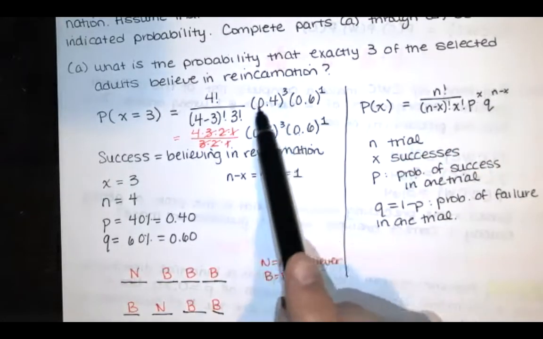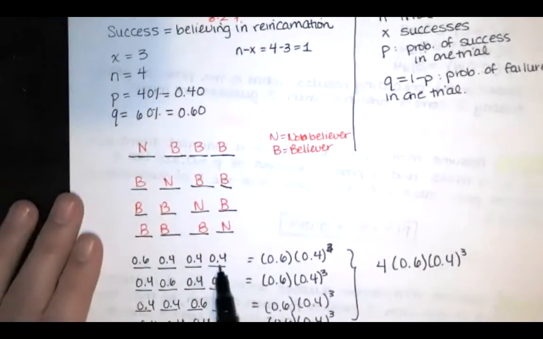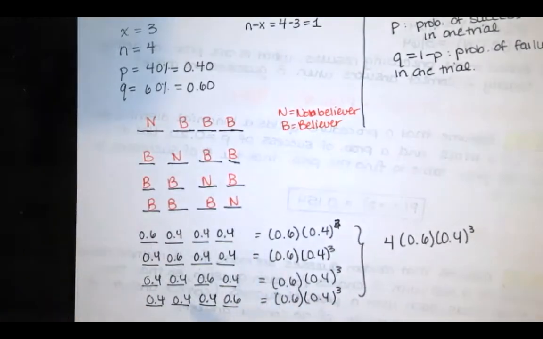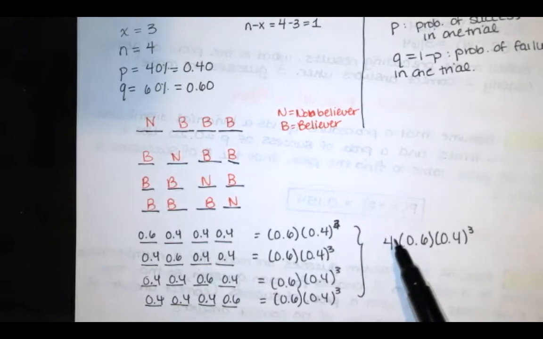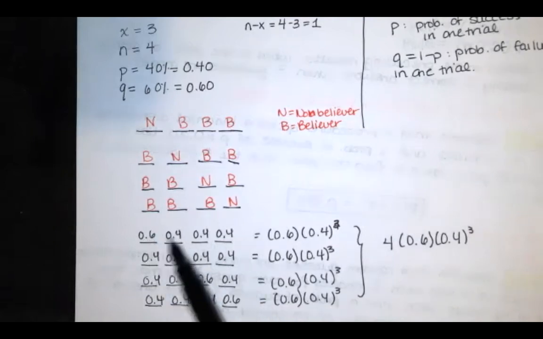So this over here is just the multiplication rule. That's what I use here. To get the probability that this happens, you just multiply this times this times this times this all together. Same thing here, multiply this, and this is the multiplication rule as well, and this is the multiplication rule. But if you use the multiplication rule alone, you're not going to get the right answer, because you would only be counting one of these guys.